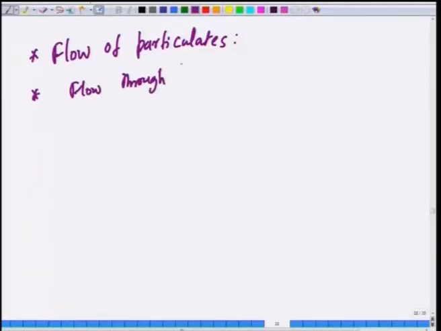where you have a bed of particles through which fluid is made to flow, and the question we are asking is a purely fluid mechanical question. What is the pressure drop required to make a fluid flow at a given flow rate through a bed of particles? And we found that by modeling this bed of particles as a bundle of tubes, okay, with the same porosity and the same surface area per unit volume, provided that is the same between the real situation and the simple model, then we were able to derive simplified relations for pressure drop versus